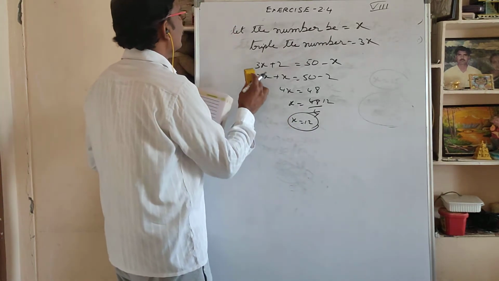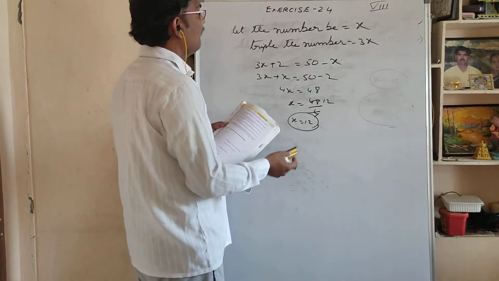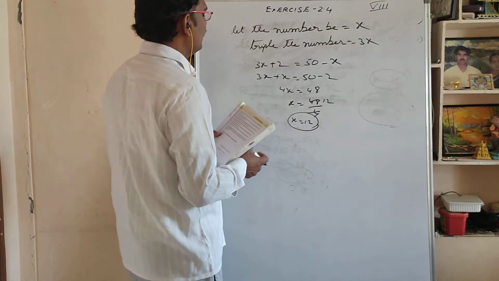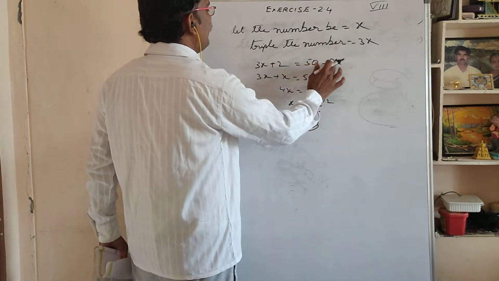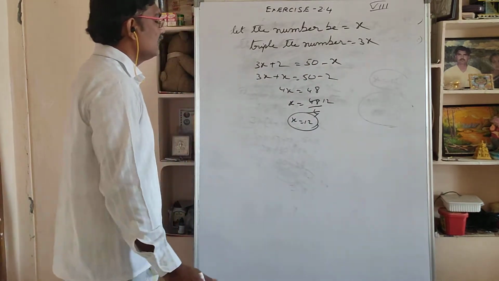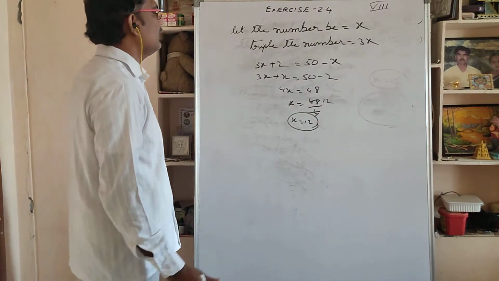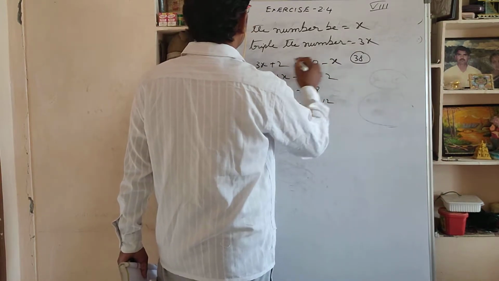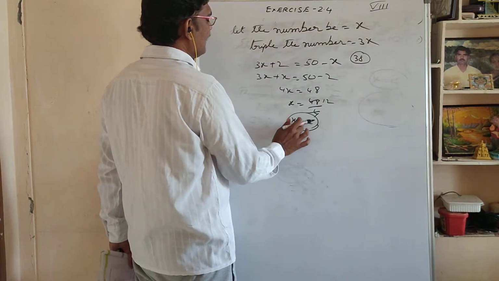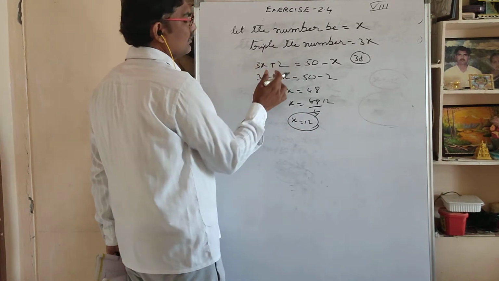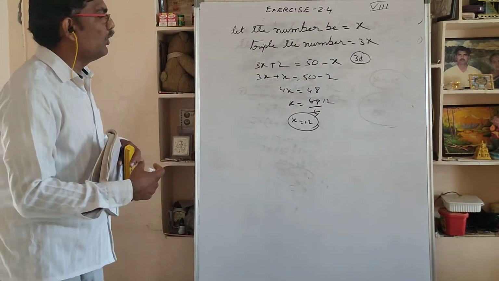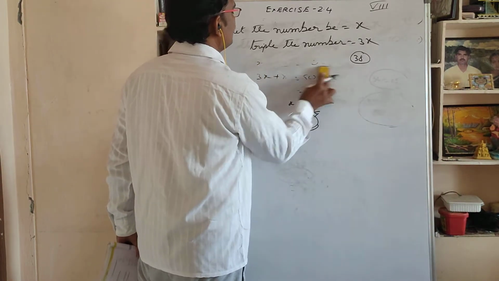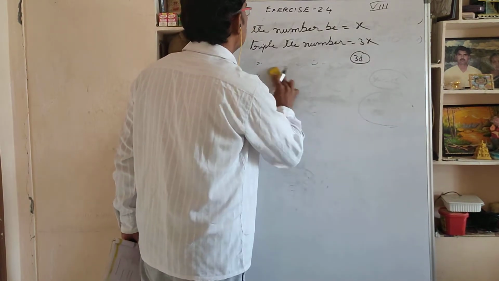Sixth question. So it is sixth question answer. Whether it is right or wrong, you can check it. How to do checking? From 50, if you subtract 12, how much answer you will get? Very good, 38. 50 minus 12 is 38 you are getting. Here, 3 12s are 36 plus 2, 38. So both, if you do like this or like this, you are getting the same answer. So our answer is correct.